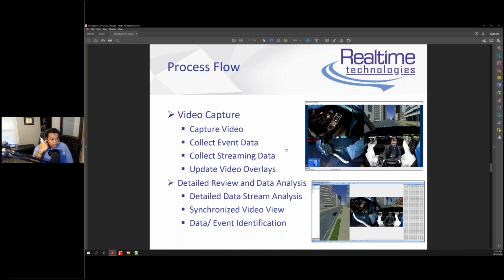So the process flow is you go through the video capture. So you capture your video, your event data, you collect all your streaming data. So this is you launching SimObserver, you're running through the simulation. And then once you've completed the scenario, you'd stop the simulation, and then that data would get saved off into a data folder. So that data folder can get accessed by Data Distillery, and then you'd be able to analyze that data and you can follow along, and the data is synchronized with the video file as well as your capture file, which is this IG stream here. So we'll go through